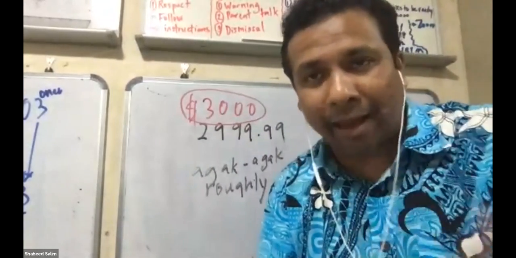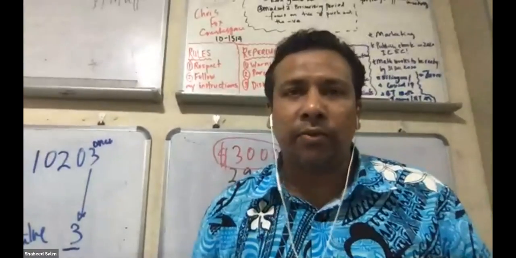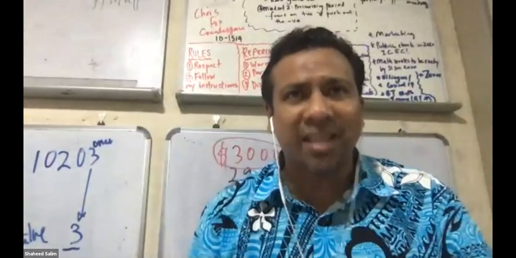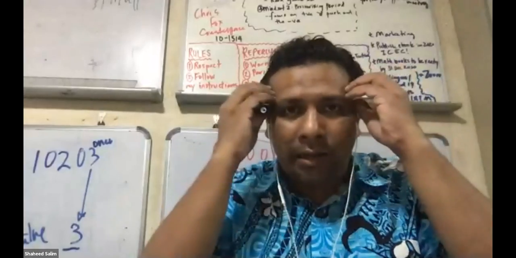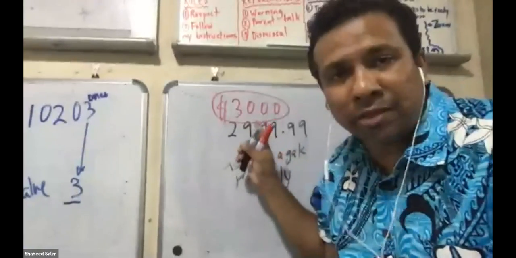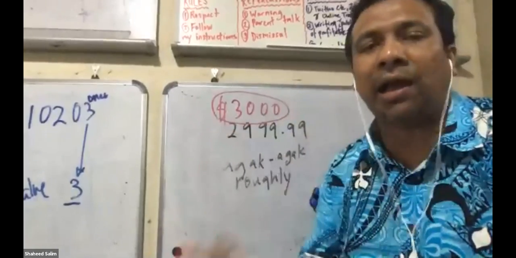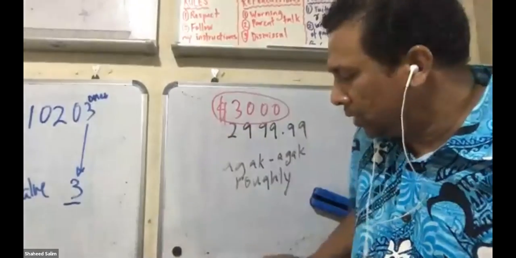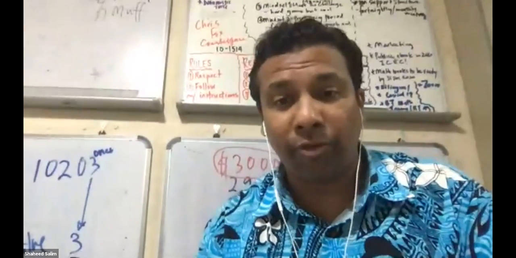Do you understand now what's agak-agak? Let's say you want to buy a new toy. You say, I do not know how much I need. Say, roughly, how much is the price? Is it $10? Say, not $10, it's $100, roughly. Then you get an idea. So maths must be meaningful to you. Rounding off, we are talking about agak-agak. Agak-agak is what? Roughly. Okay? So you are learning the skill of roughly. This is very important in life.